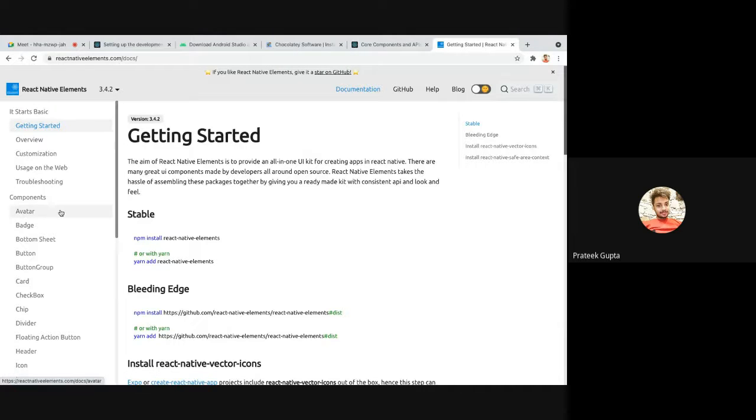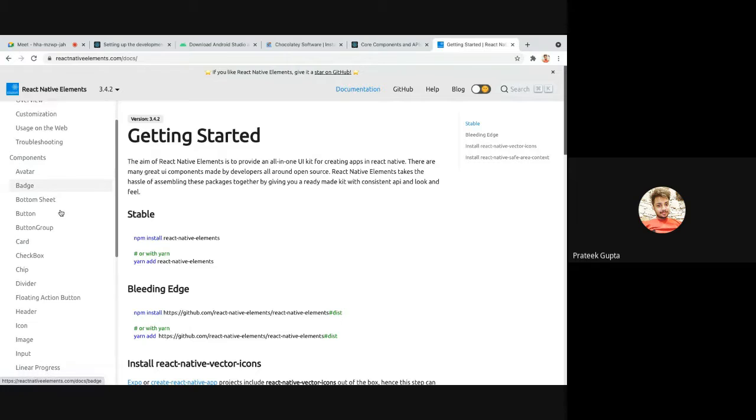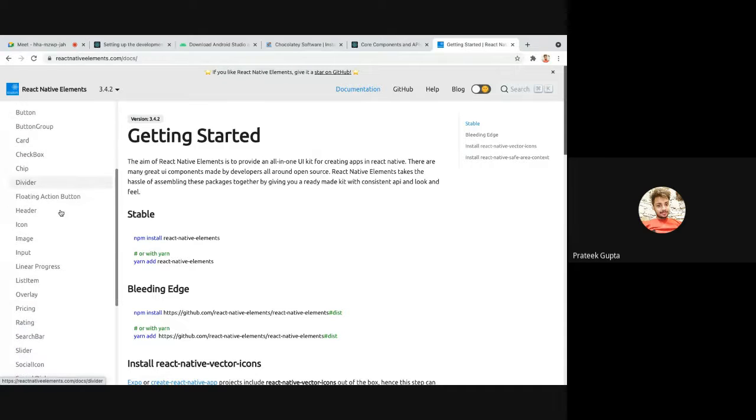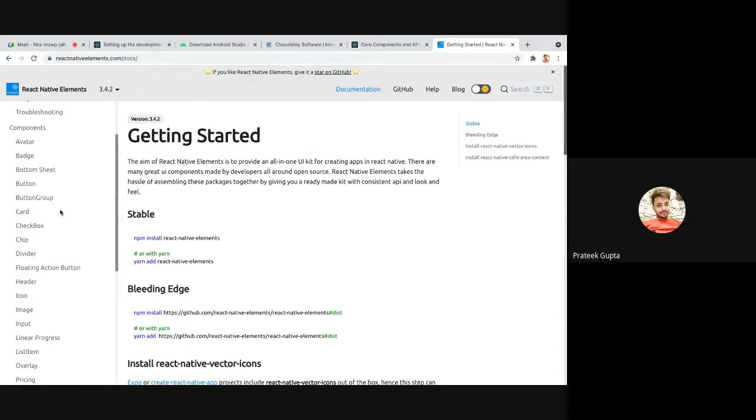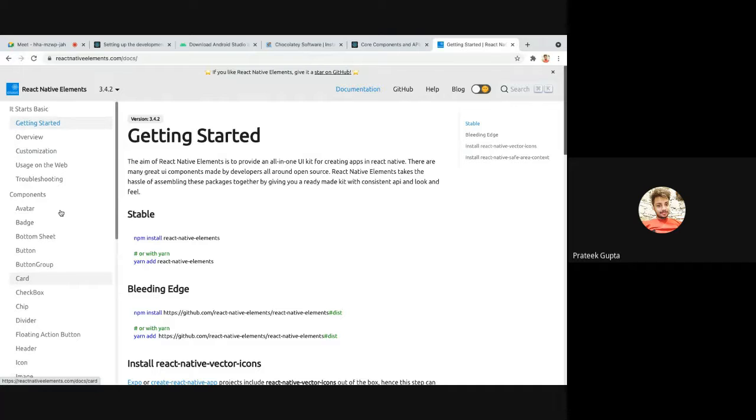You can find avatar, badge, button, card, checkbox, divider, all these UI components that we are going to use in our day-to-day small apps. All the text components and UI components you will get from here, so you don't have to build them from scratch. Just import the library and start using it. These are the basic things, and whenever you're stuck somewhere,